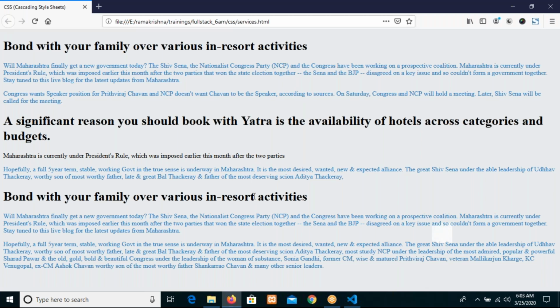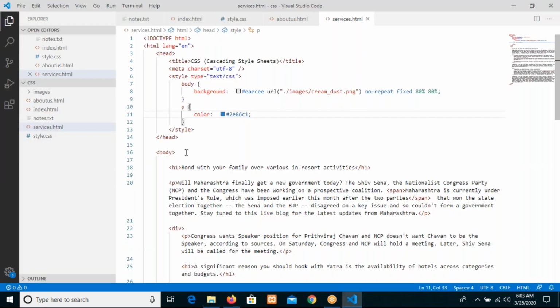Then, along with the paragraph, maybe a property or group of properties that should apply to multiple selectors. Like we can say,